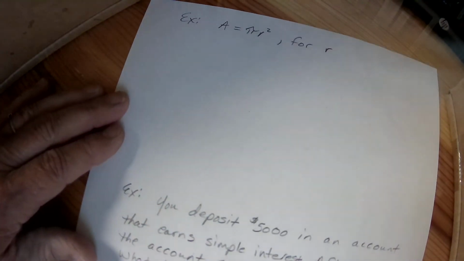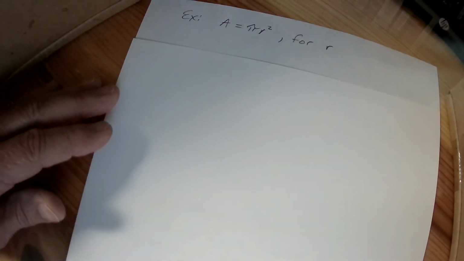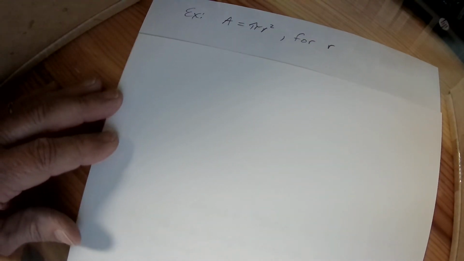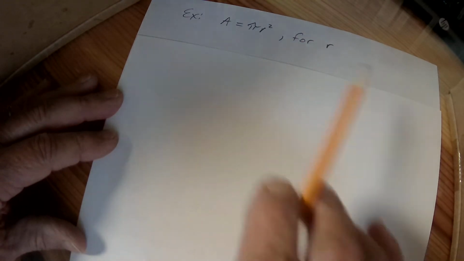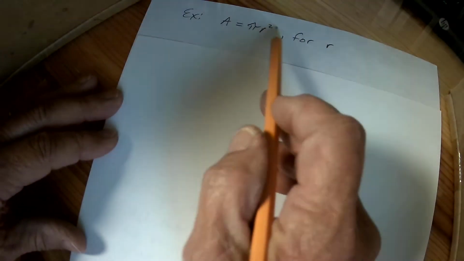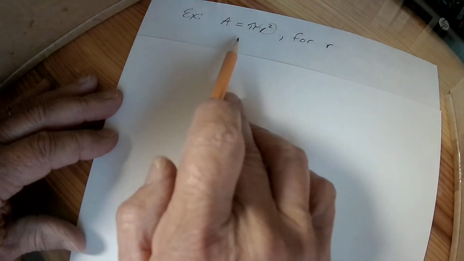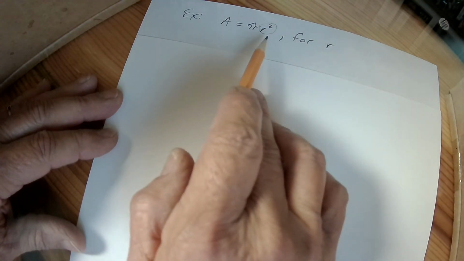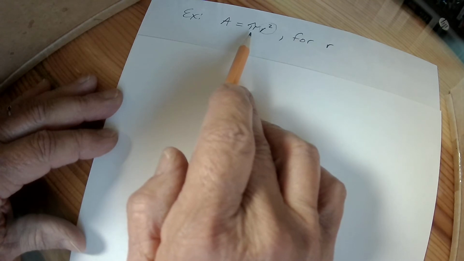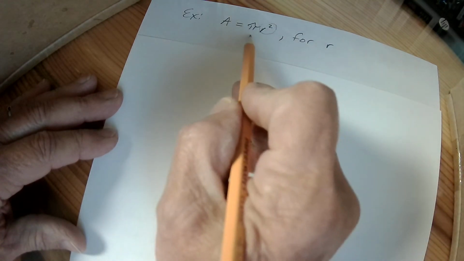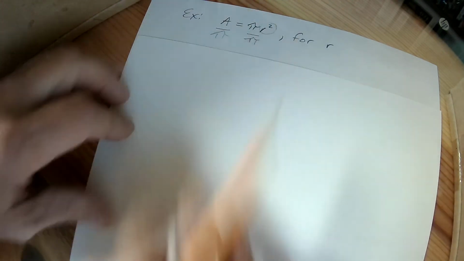This is a formula you might be familiar with. It's the area of a circle. Area equals pi r squared. But I want to solve this for r. So the first thing I need to do is get r squared by itself. Well, let's look at what we're doing to r squared right now. We're multiplying by pi. The opposite of multiplying by pi is dividing by pi. So we're going to do that to both sides,